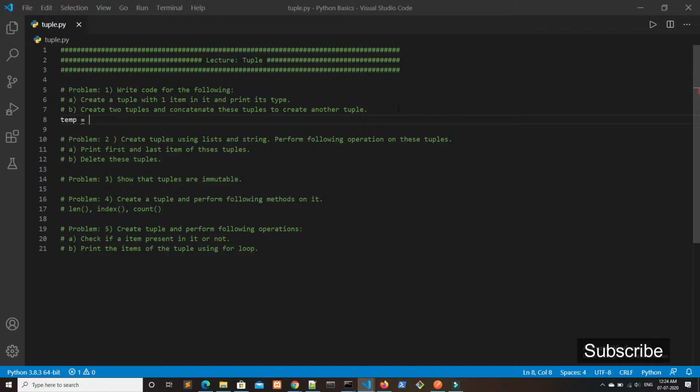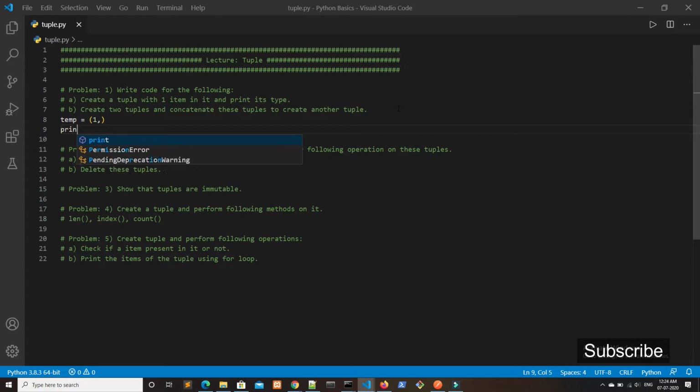To make temp a tuple we have to write a parenthesis, and we have to write the values inside it. We only want one value, so to create temp as a tuple with one value we have to give a comma after that value, because if we don't give a comma after the value it will not be a tuple.